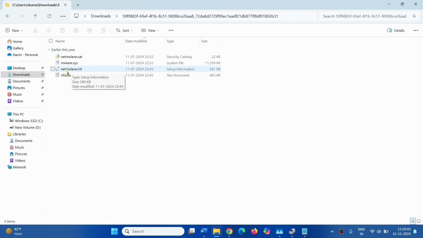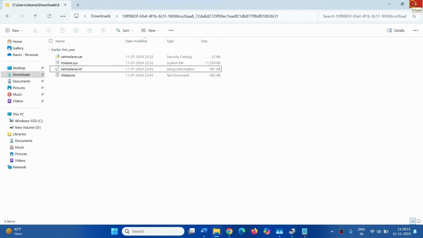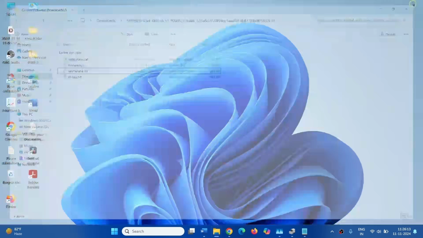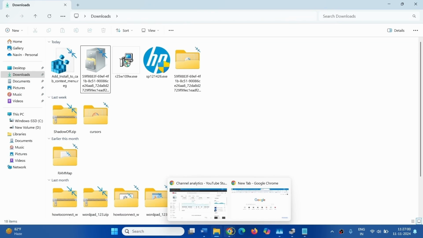Right click on the .inf file, netrtwlane. Right click on this file and select install. The driver will be installed on your computer. Restart your computer. If you want to remove the install option from the context menu, again click on the link